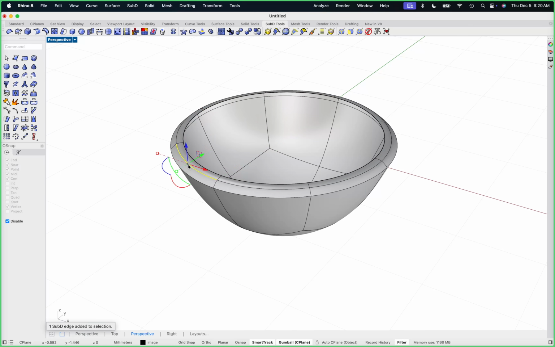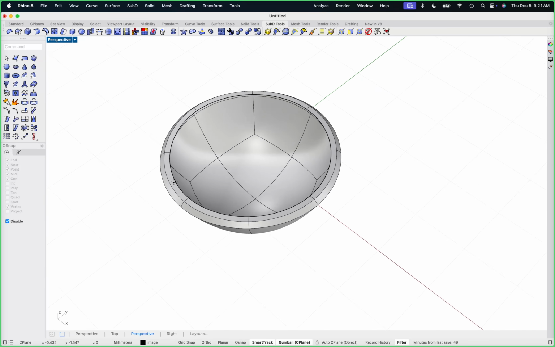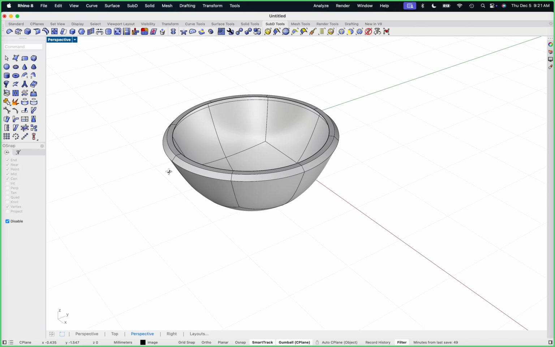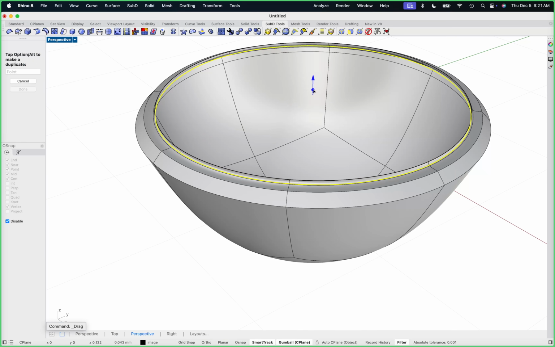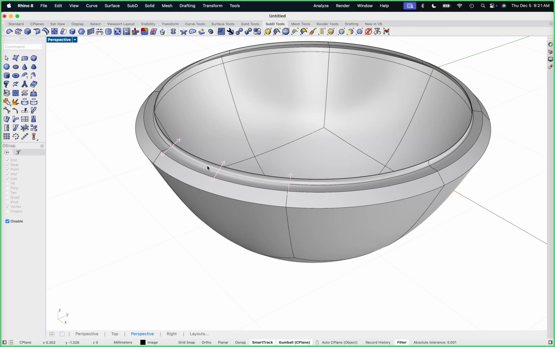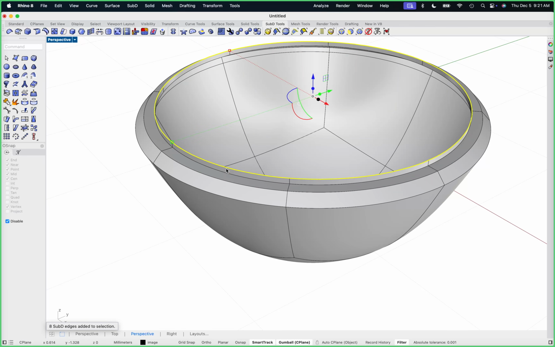And then I think I'm going to crease this one as well. So let's just do that. We're going to crease all. And that gives us kind of the basis of our thing. And we can come kind of up like this. And I'm going to crease this edge. And maybe we'll deal with this later. Maybe we'll leave it. Maybe we won't. I don't know. We'll see. And then we're going to